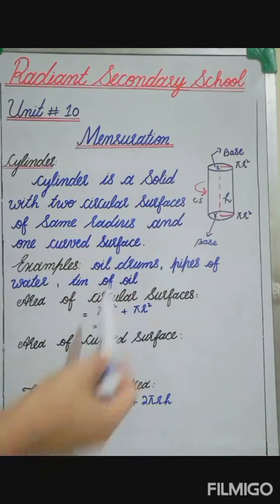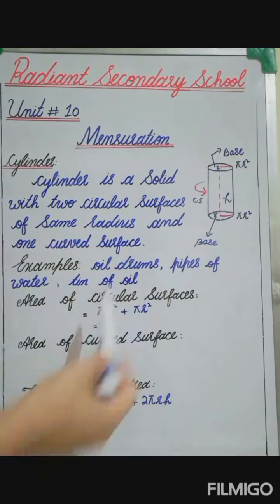Now we have to find out the total surface area of this cylinder. The surface area will be the sum of all these three surfaces in which two are circular and one is curved surface. So now we will add area of circular surfaces and area of curved surface, then we get total surface area of this cylinder: 2 pi r square plus 2 pi r h. Now you can see 2 pi r is common to both the terms, so we write the final formula 2 pi r into r plus h. So students, these three basic formulas now we will use in exercise number 10.5.